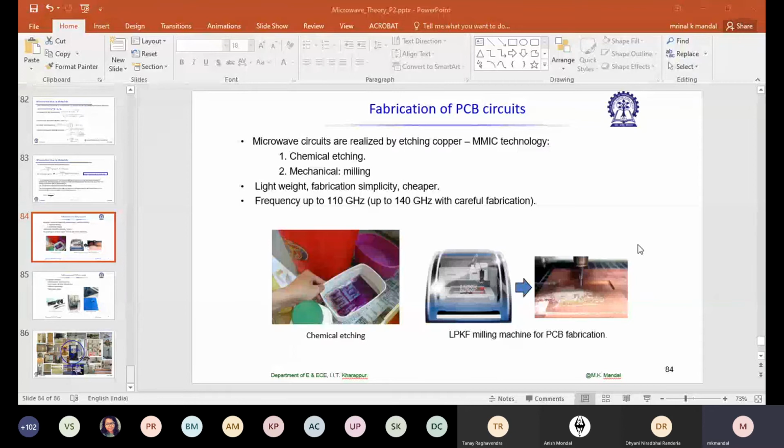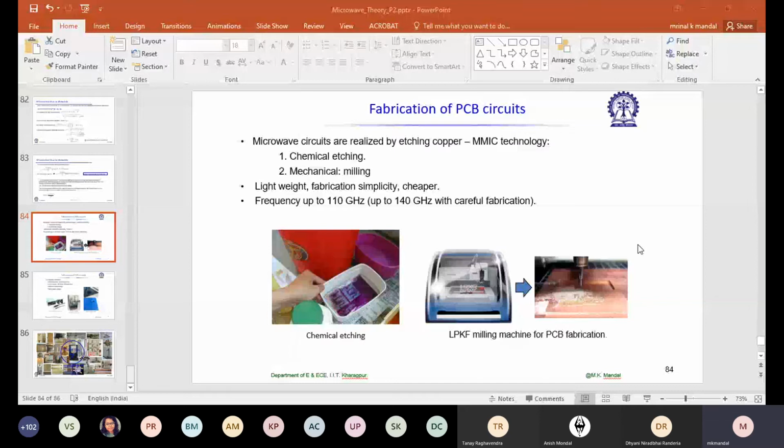Then what are the techniques typically popular to take out this metal from undesired parts? The first thing is chemical etching. Chemical etching, I think some of you already did it. Who has the hobby? We have different forms of chemical etching techniques. Some of them are very cheap. In fact, you can do it in your home, and even computerized chemical etching technique is available.